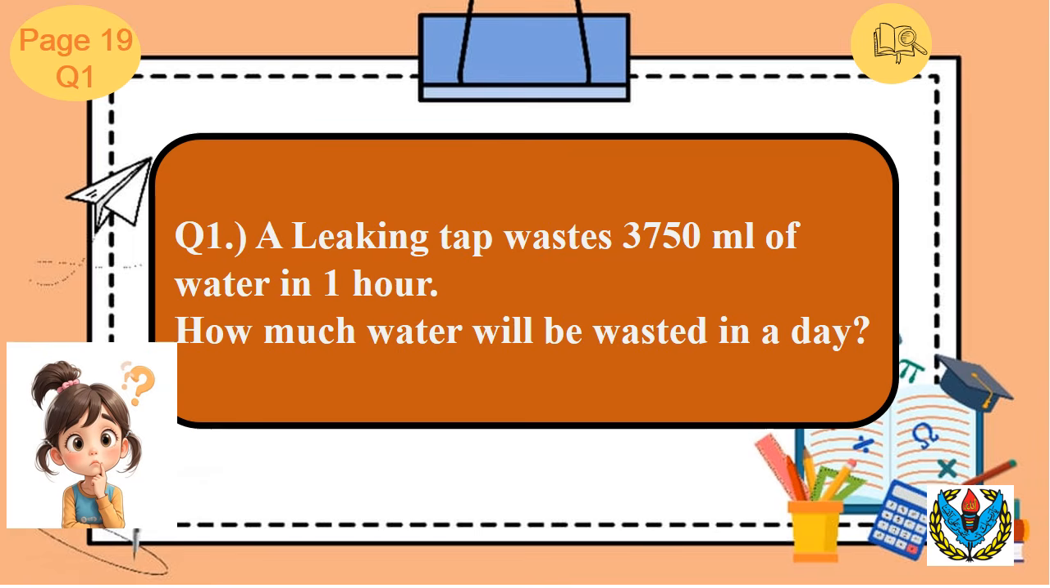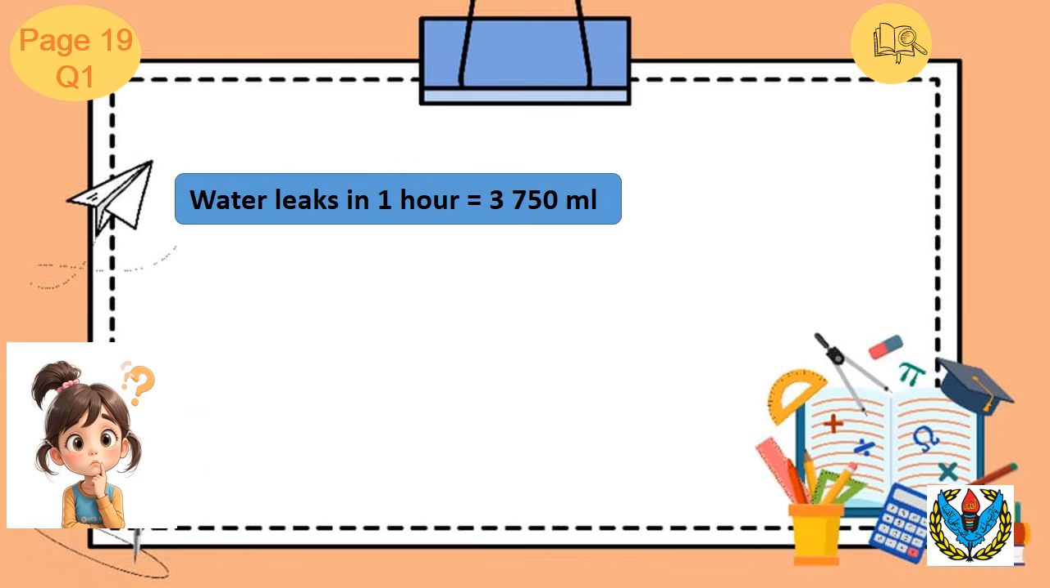Now we will start the first question, that is: a leaking tap wastes 3750 ml of water in 1 hour. How much water will be wasted in a day? First of all, you can underline the statements, important points. Waste 3750 ml of water in 1 hour. 3750 is the wastage of water in 1 hour. So the first statement is water leaks in 1 hour is equals to